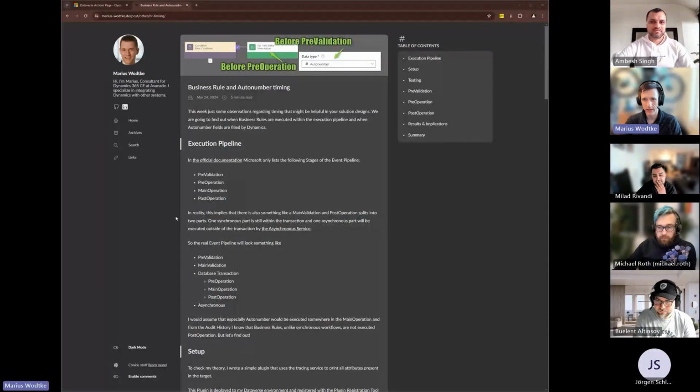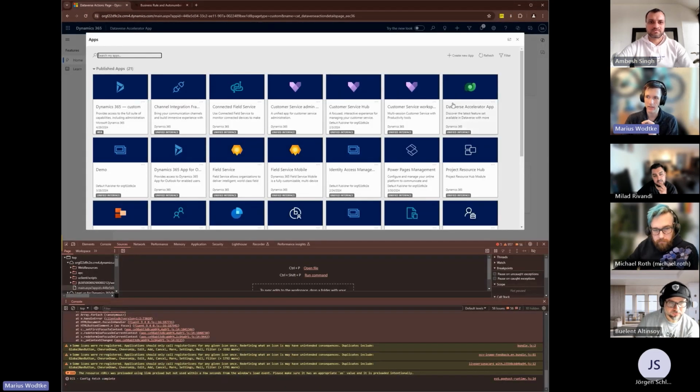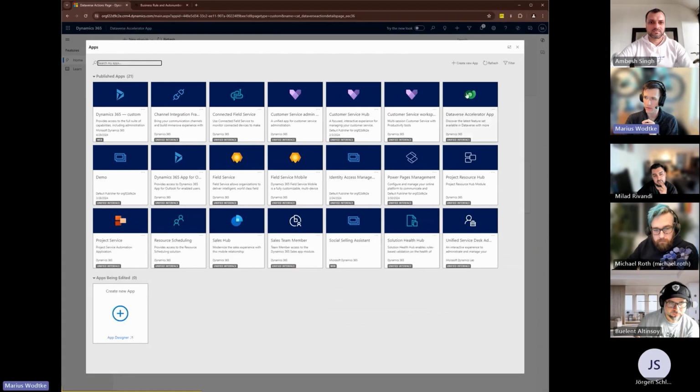I have a little one from my blog, which I thought would nicely pair up. In March, I investigated business rules and auto numbers a little bit, and I will spare you the whole 5-minute article. I will just tell you auto number fields are calculated before the pre-validation stage, and business rules are calculated before the pre-operation. And together with the Dataverse Accelerator app, which Jürgen showed us,